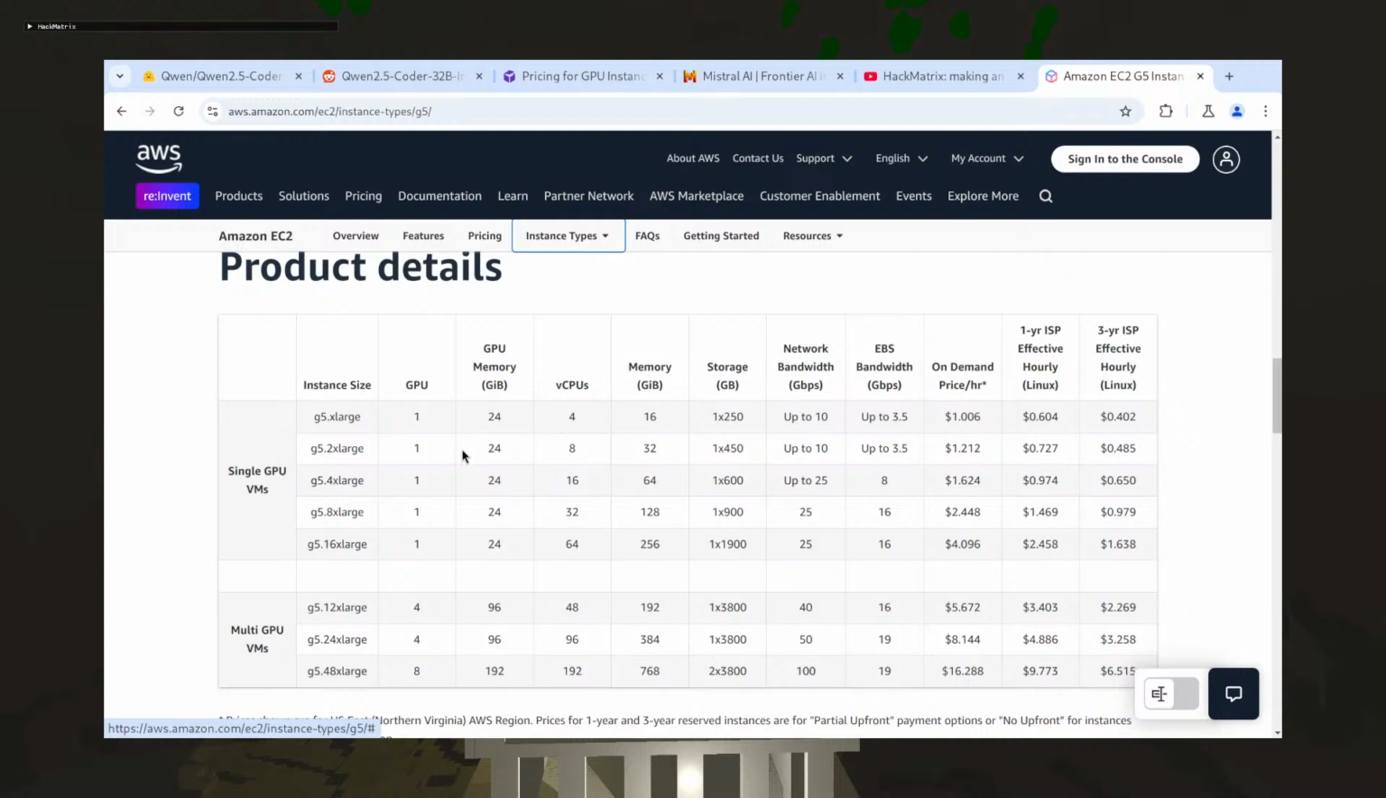Simple GPU VMs, G5, multi-GPU VMs. Okay, GPU memory. Nice. For the standard G5, I have 24 GB of memory, so I'll be able to at least run the 70B. If I do a G5 12xlarge, which is just way too expensive,